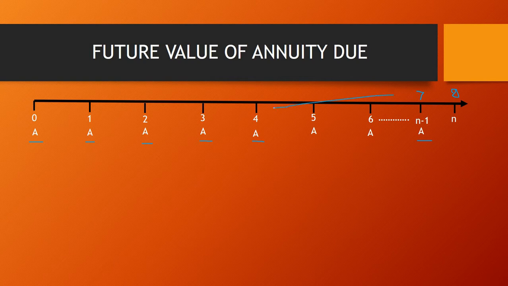Now over here let's take an example that we have 8 years. So over here my period is 8. Now let's see how much amount we are going to get if my yearly installment is for 8 years. Or let's say you are going to deposit the amount in your bank. You have opened a recurring deposit and you are depositing your amount at the starting of every period, and you are depositing for 8 years. So your first installment is at the current year, that means at 0 period.